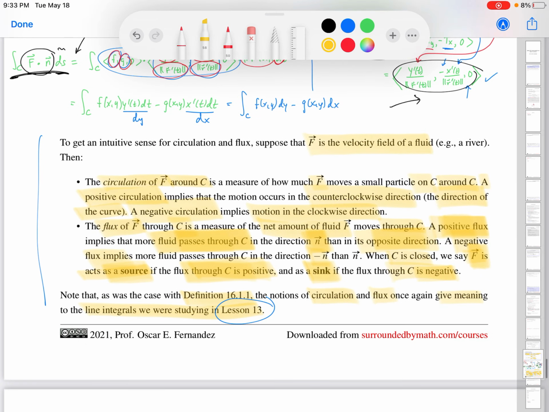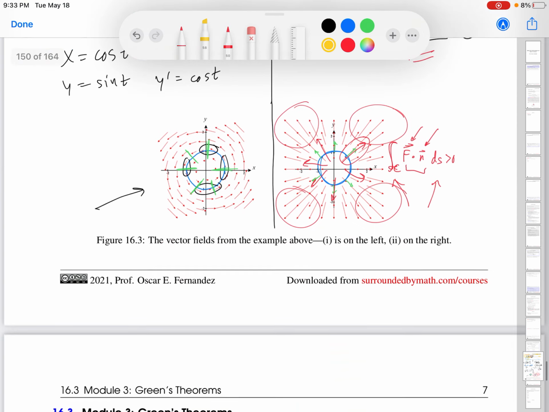And then certainly the last thing I'll mention is make sure that you get a chance to internalize and think about what the circulation and flux mean. We will talk more about it in the next module, but hopefully reading through this and revisiting the examples we did gives you a good enough sense of why the flux and circulation values that we got are what they are for these two example vector fields. Okay, so I'll see you in